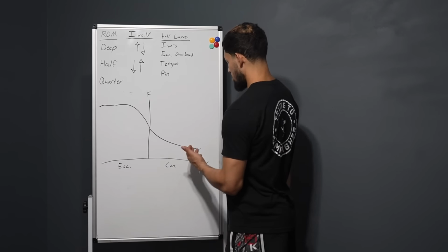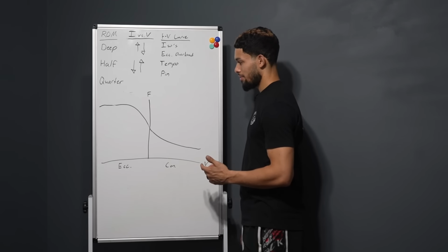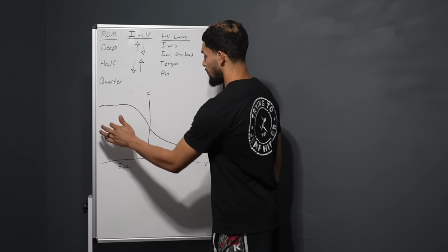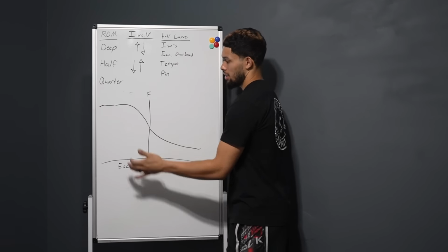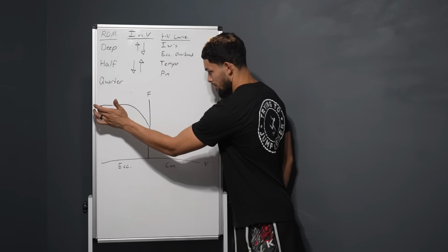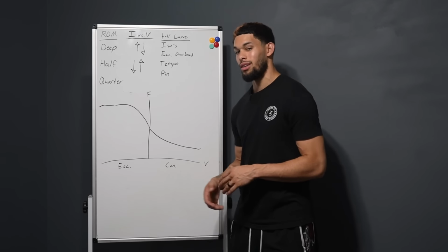A sprint is the fastest thing you can do. However, force isn't going to be very high. But it's flip-flop on the eccentric side. So at touchdown, the forces are highest when velocity is at its very highest. Exercises that mimic being fast during eccentric muscle contraction are going to have more transfer to sprinting and 1-foot